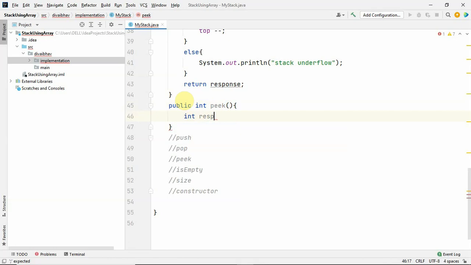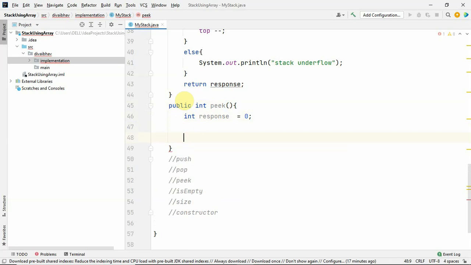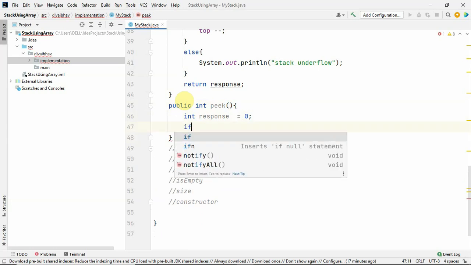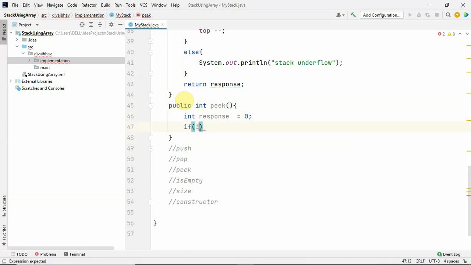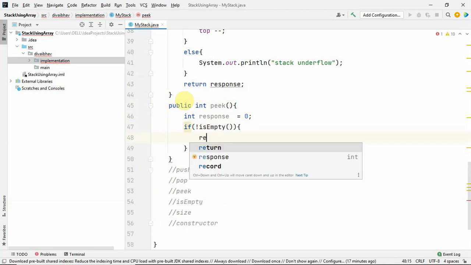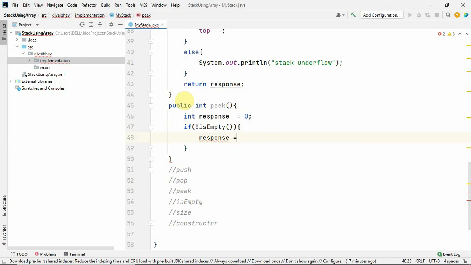For this, we are going to create again a response variable, initializing it with 0, considering 0 as invalid. If our stack is not empty, then response equals array top, storing the value of top in the response.